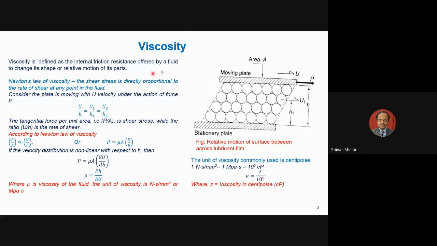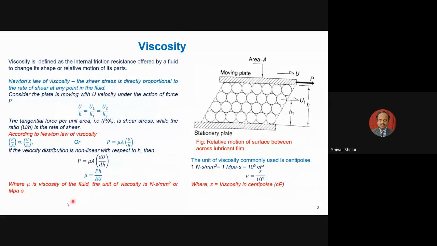This we have already learned in fluid mechanics, but now we are focusing on lubricant. So whatever viscous lubricant we are using, what are the values of viscosity in centipoise or viscosity in terms of 1 megapascal second? This value is very large, so it is always expressed in terms of centipoise. Even it is not expressed in poise, it is expressed as centipoise, and then centipoise can be converted into megapascal second in the design calculation. Design and selection calculation, you require this new value. So you have to convert into the SI unit. So for that, you can divide by 10 raised to 9 here. Okay, so you have understood the viscosity concept and viscosity typically for lubricant.